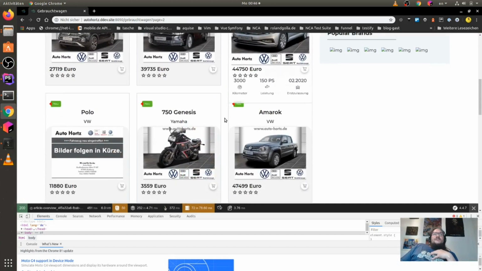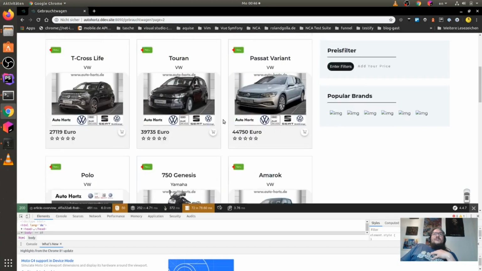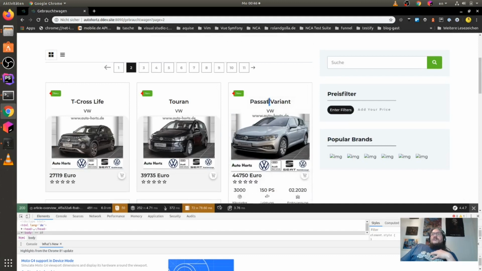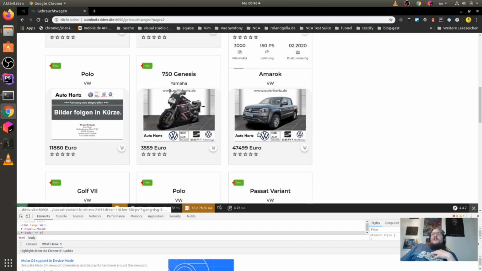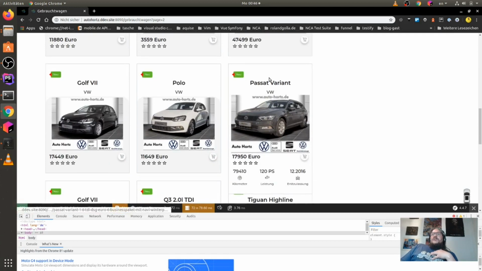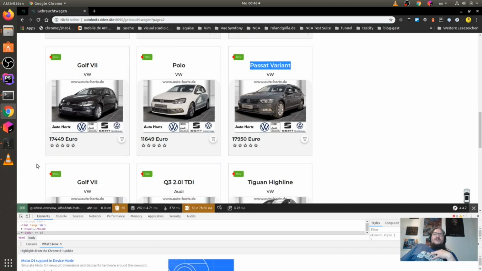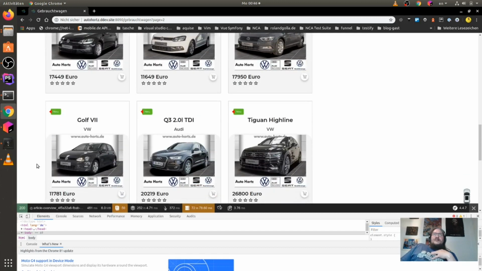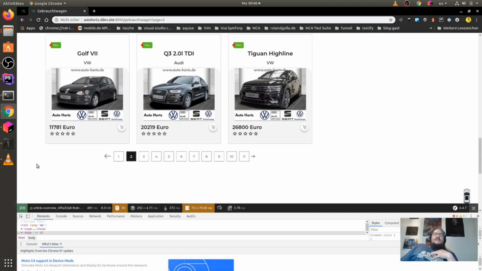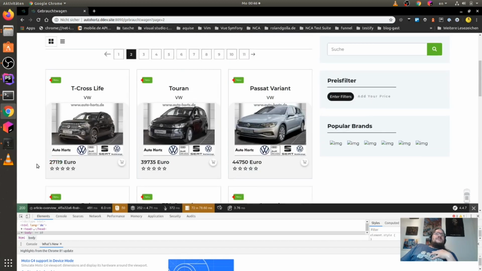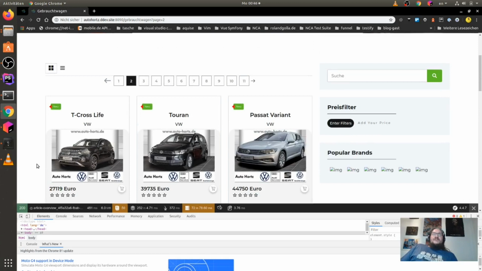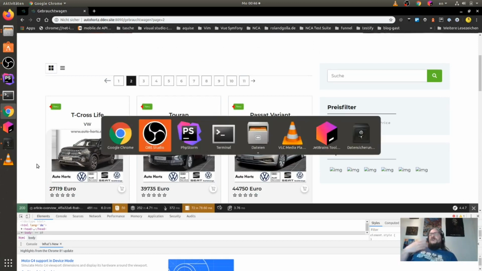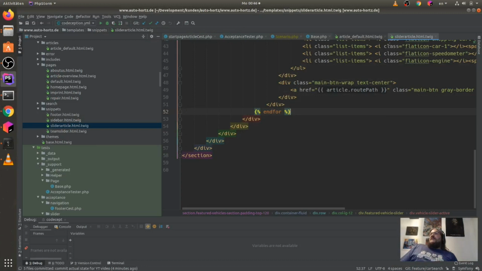If there is something similar, we have this Passat variant, and we have this Passat variant, but maybe we can say we don't have the same price. Otherwise, I have to add here the article ID, which I can also do in a hidden field, I think. Maybe this is easier for me because we may need this article ID later.